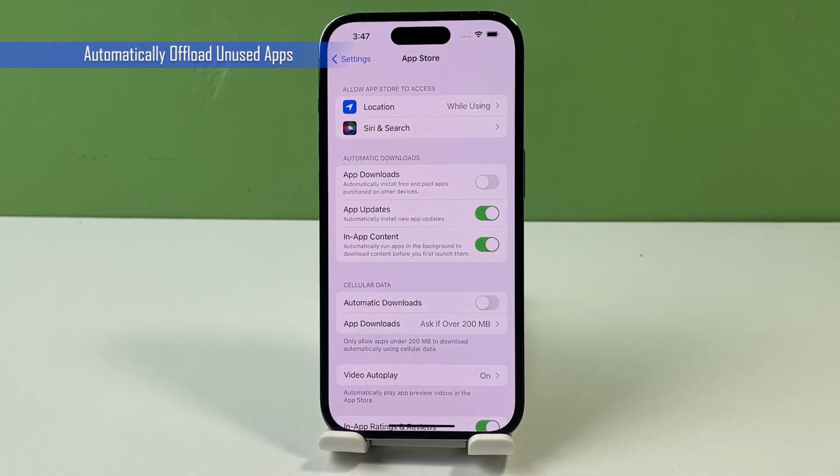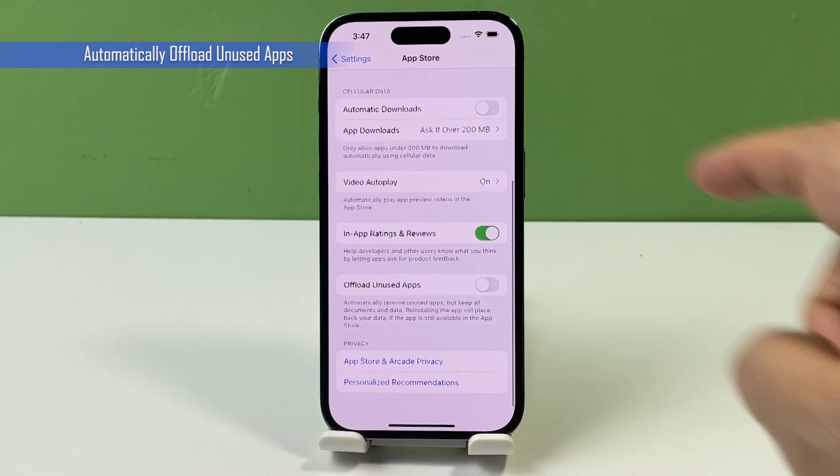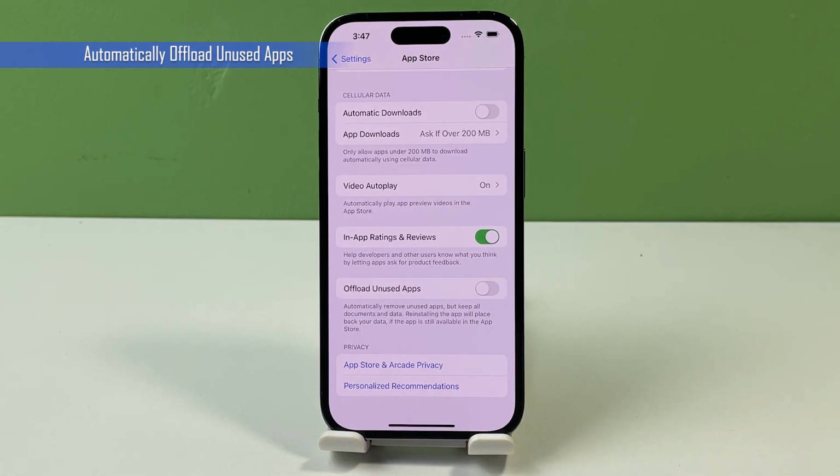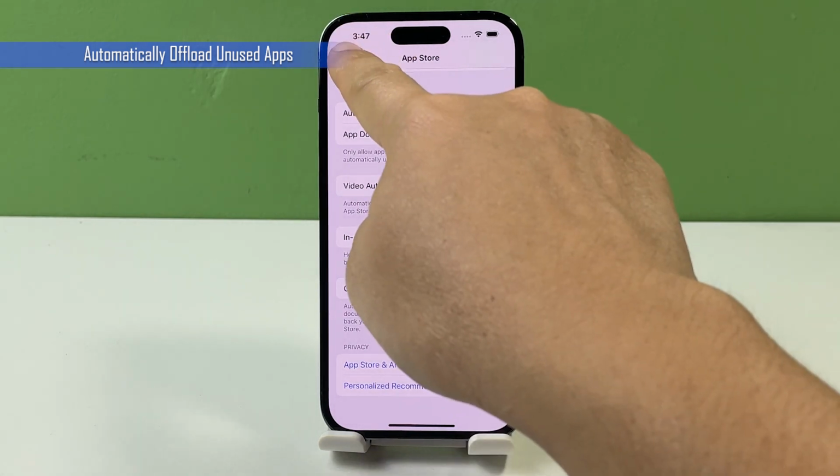Once you're in the App Store menu, scroll down to the bottom section, then tap to turn the Offload Unused Apps switch on. With this switch enabled, your iOS device will automatically remove unused apps without deleting all documents and